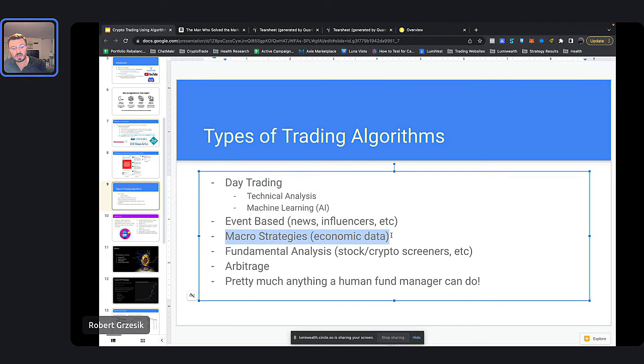There are macro strategies, right? These are ones where we're looking at economic data. This is a lot of what Ray Dalio does, right? So you can look at how much debt an economy has. You could look at what's the growth in that debt. You could take a look at GDP, how that's changing. You could look at housing starts. You could look at employment data, inflation. You could take all that into account and you could actually build models around how you think the stock market and bond market are going to react in each individual country, right? So you could actually create an algorithm that will automatically invest in certain countries and certain types of asset classes and will figure out how to be the most optimal about making money, right?